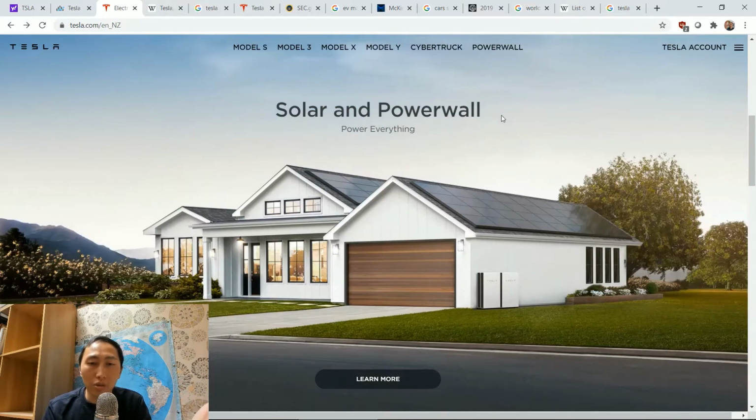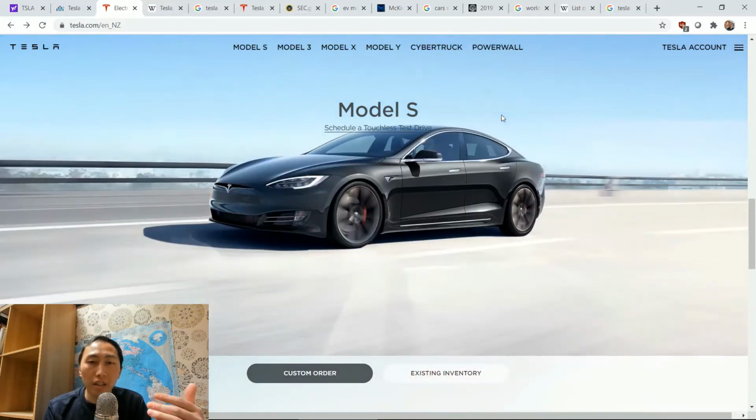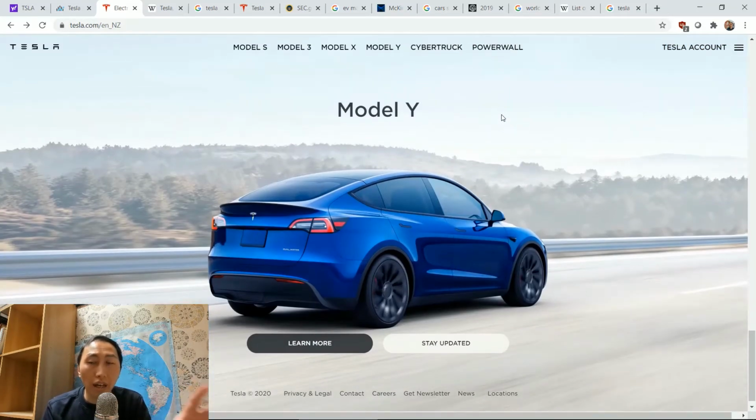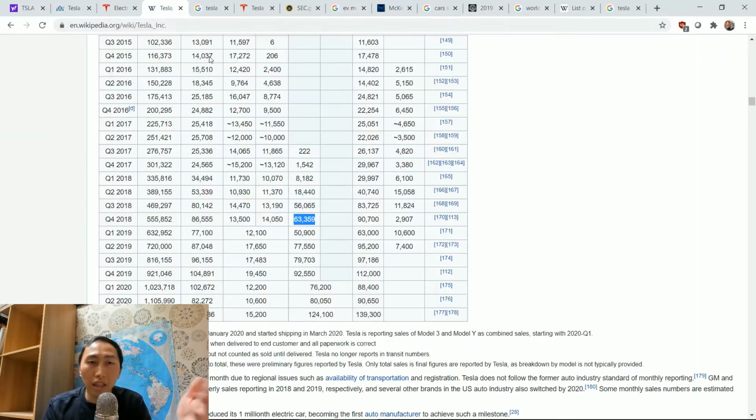And then we can just scroll along, and then they do the solar and Powerwall here, and then we can kind of click through the website, and it gives us these really good ideas of what this company does, and from there we can research a bit more. So after we've gone through Yahoo and then through, say, Macrotrends and gotten an idea of their revenues, then we can look through their products and how well they're scaling in terms of